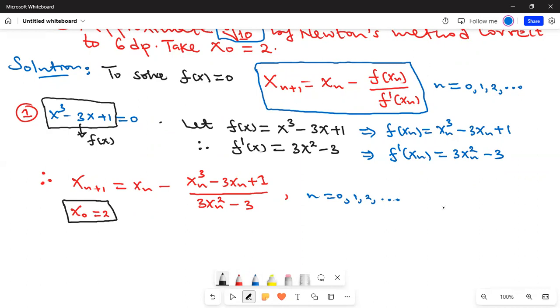But what about if you're not given x naught? How can you find it? If I just told you to solve the equation using Newton-Raphson method, maybe correct to 5 decimal places, and you don't know where to start from, then this is what you're going to do. You can write a note: if x0 is not given,